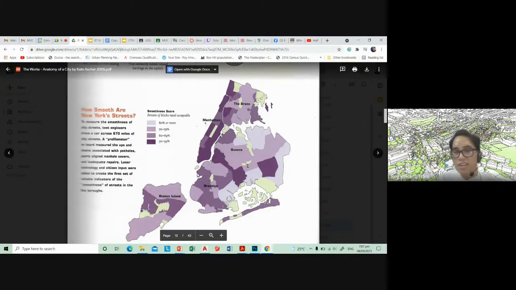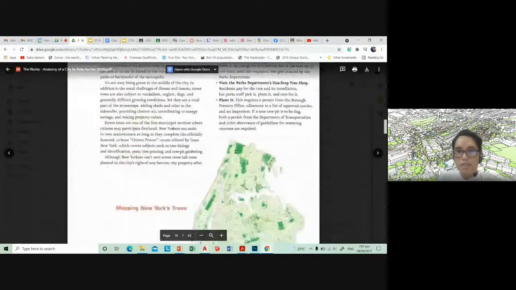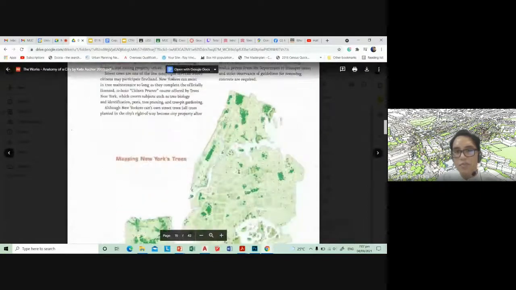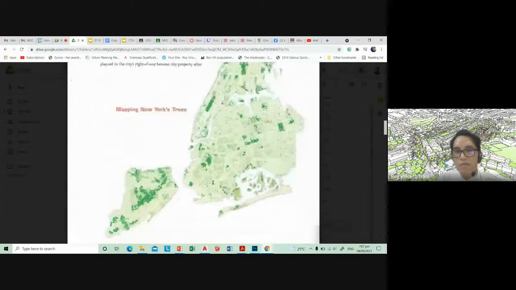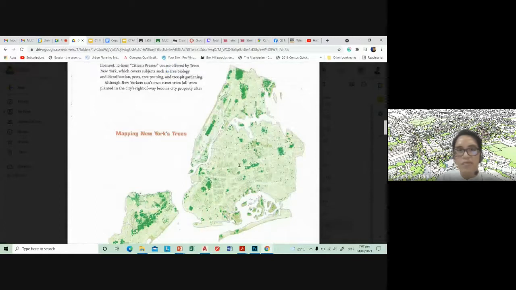So this kind of data is very interesting to me. That's why I wanted to share it with you guys. Street signs, that's very straightforward. And I think some of you, the landscape architects, will be interested in maybe creating a map for street trees. And there's a lot in Cebu City because we're basically